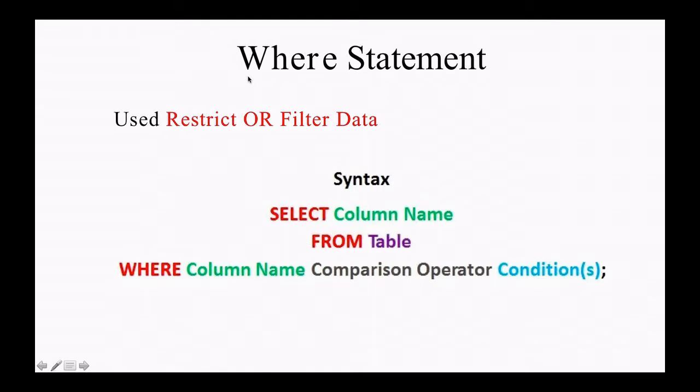The WHERE clause. The WHERE statement is actually used to restrict or filter data. Now, the WHERE statement is a conditional statement. What happens in a WHERE statement is that you provide some sort of a condition which